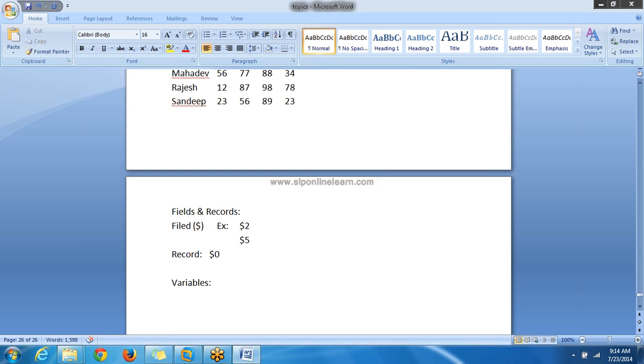If you are familiar with any other programming language, there we have variables. So here in the AWK command, we have two types of variables. One is system variable and the other is user defined variable.